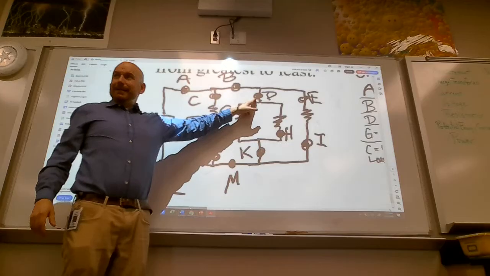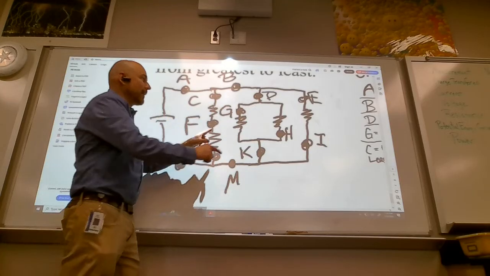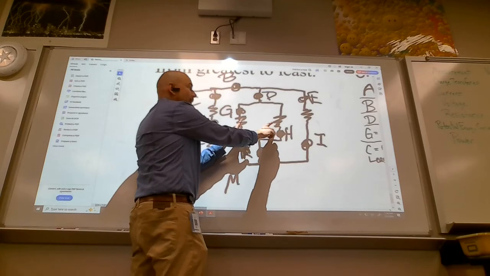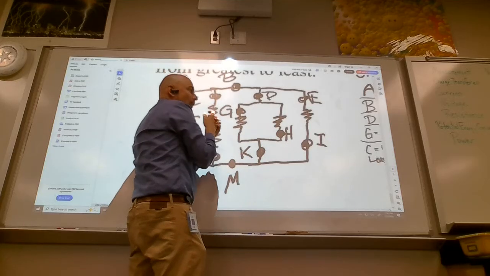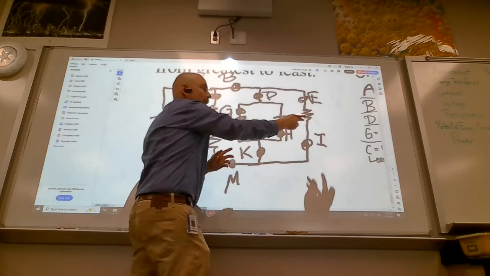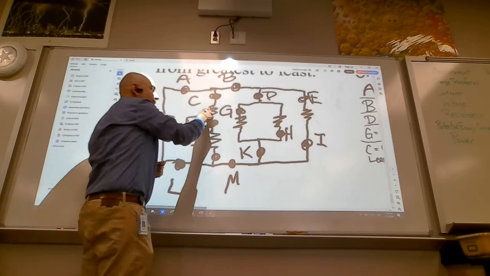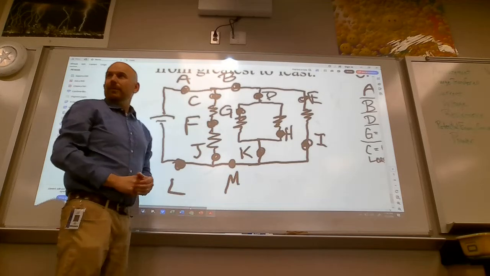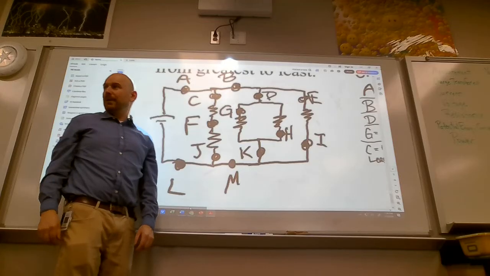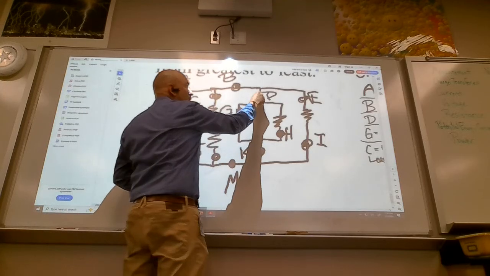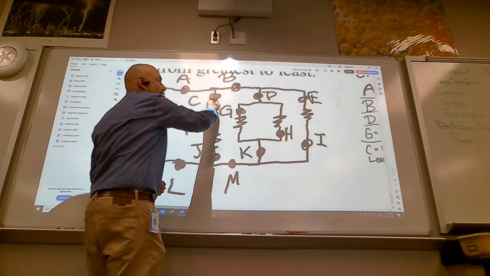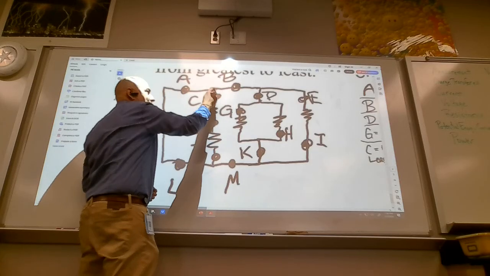D has the least resistance because these 2 resistors are in parallel. These are like, you've got for Walmart, you've got 2 options. Here you have 1 option. Here you've got to go through both checkout lines. Okay, so there's more current going through this one than this one, and that's the most resistance, least amount of